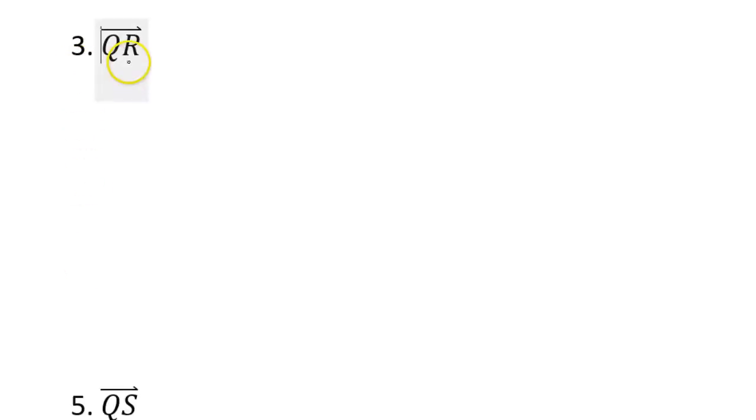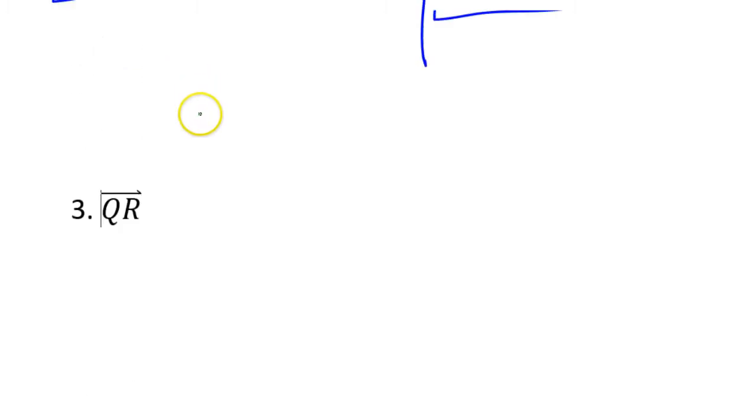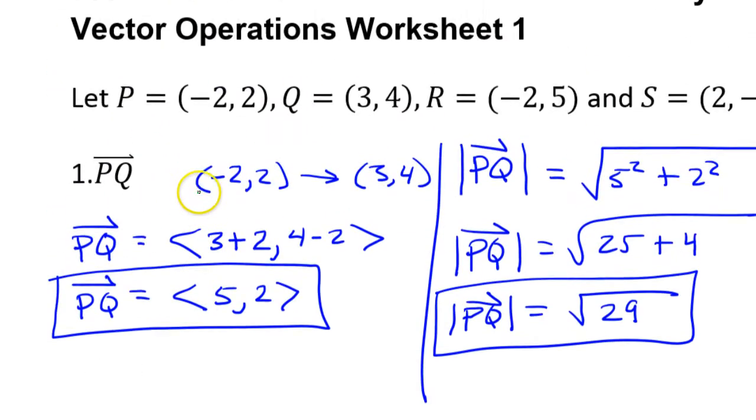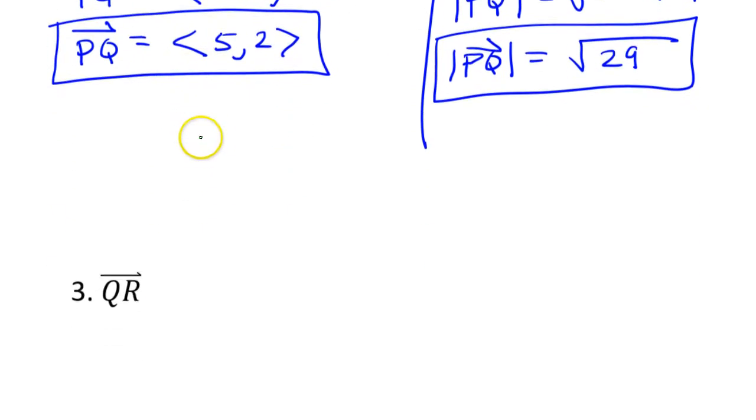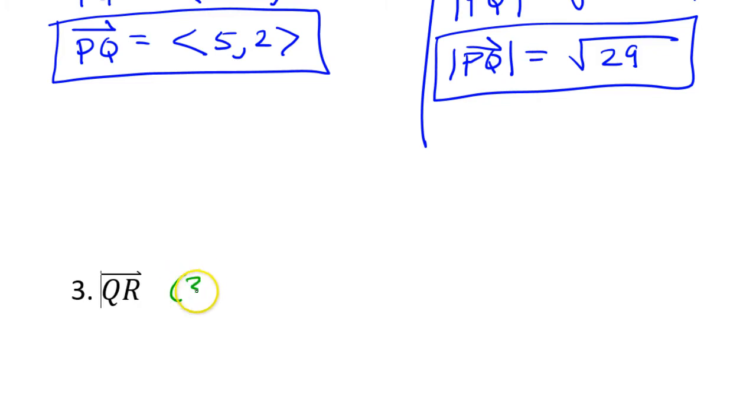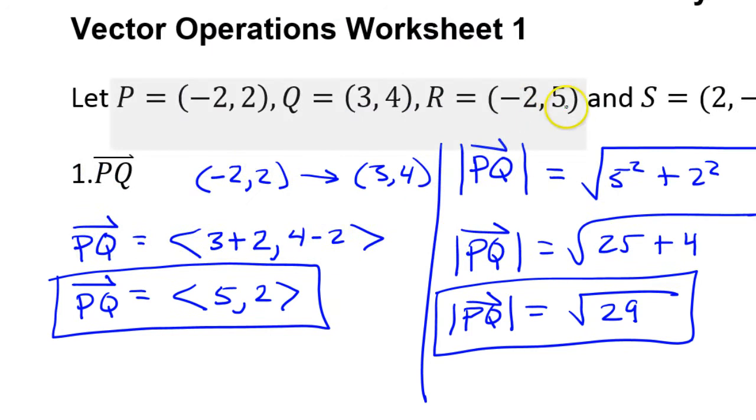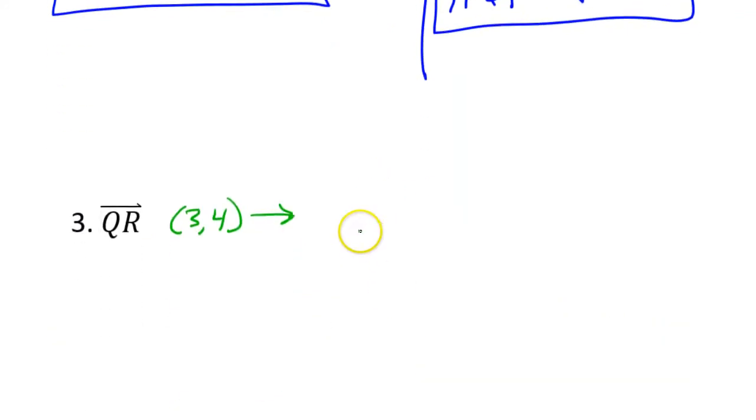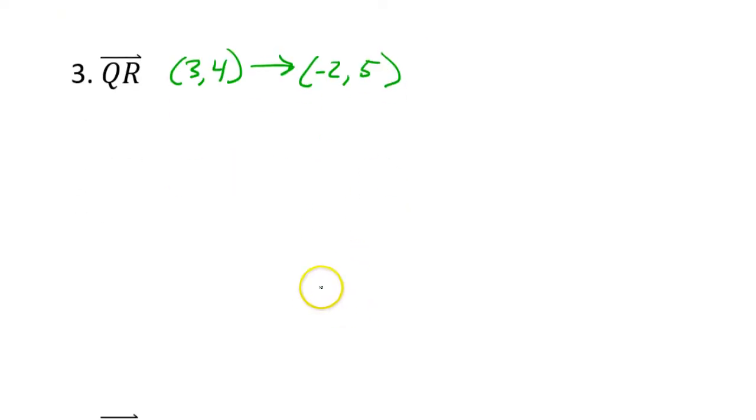All right, for number 3, we're going to work with vector QR. So we need to find out what's Q and what's R. So point Q is the point 3, 4. That is our initial point. And point R is -2, 5. So if I want to find my component form for vector QR,